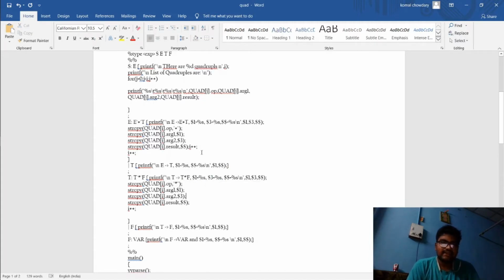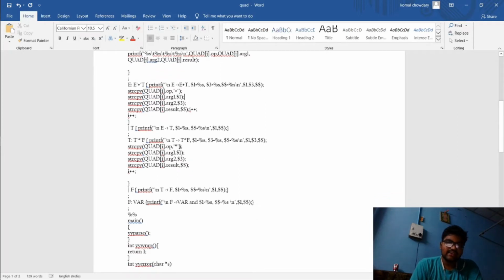Argument 1 is stored in $1, and argument 2 is stored as $3 because between argument 1 and argument 2 we have the operator, and the result is stored in $$. In the same way, the same thing happens with multiplication also: argument 1 is stored in $1, argument 2 is stored in $3, and the operator is star.